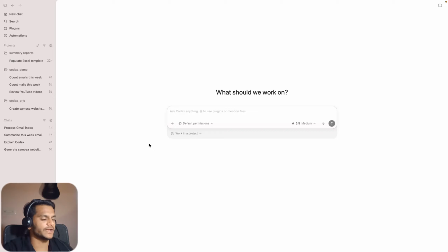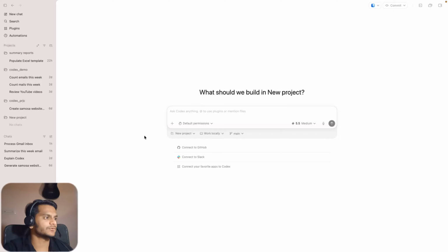Let's say I want Codex to create an Excel file for me. So I'll ask it to create a simple spreadsheet, for some AI daily sheet. Before that, let me go and create a project. Start from scratch. Now this is a new project. I'll ask it something like